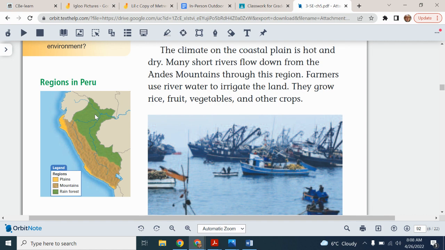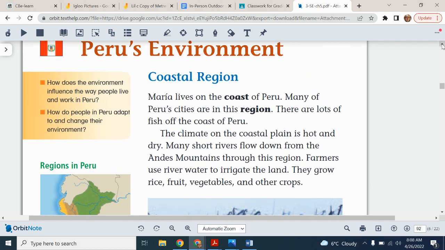And then, my most favorite geographical region in the whole world is the rainforest in South America. And again, it goes all through South America. It's very important. So we will be studying the rainforest as a separate unit. So it will be very interesting. So I hope you get this work done this morning and listen to this video because we'll be looking at it in class.